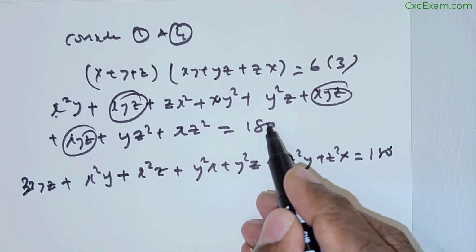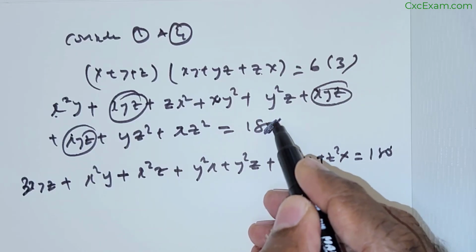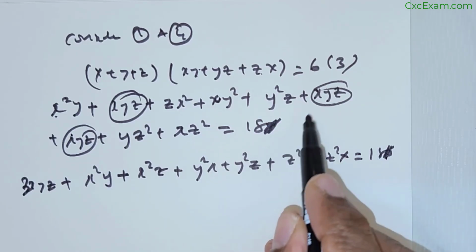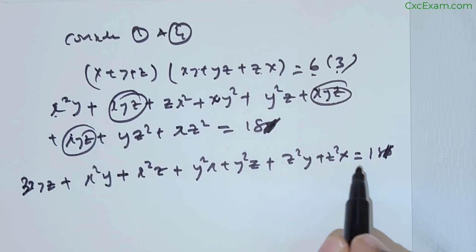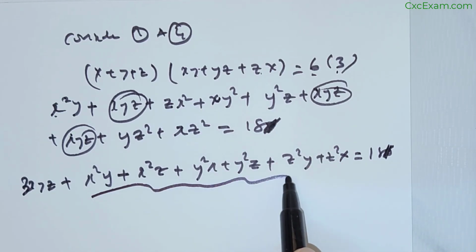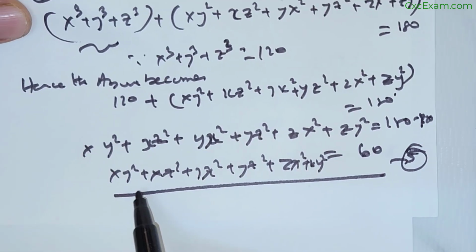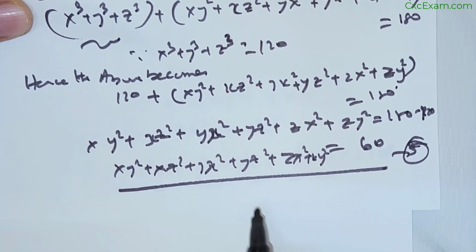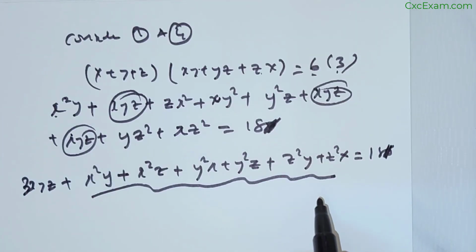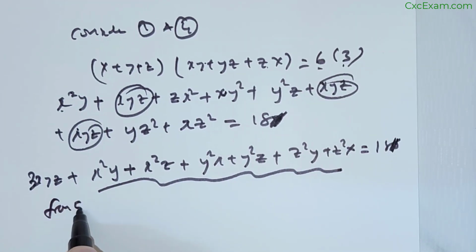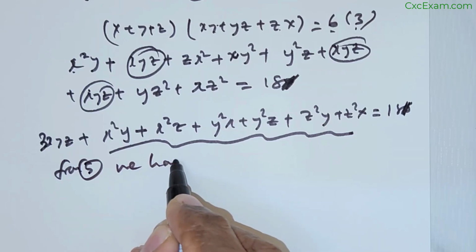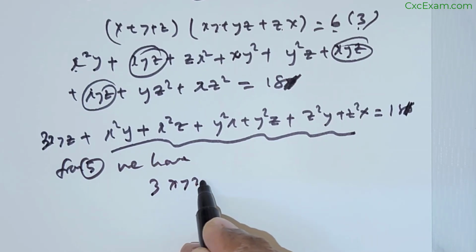Is equal to 18, not 180. This is just 18. Okay, 6 times 3 is 18. Now this entire quantity is already got here. See here? So from 5, we have 3 times xyz,